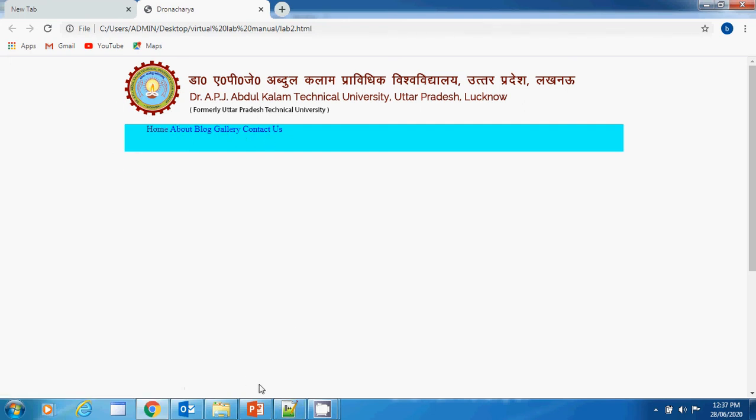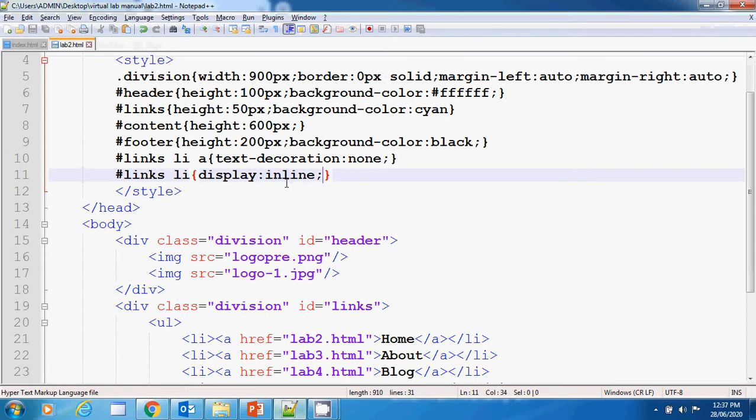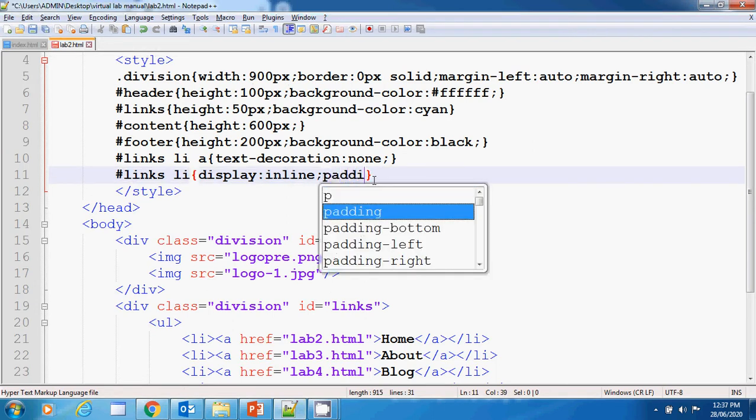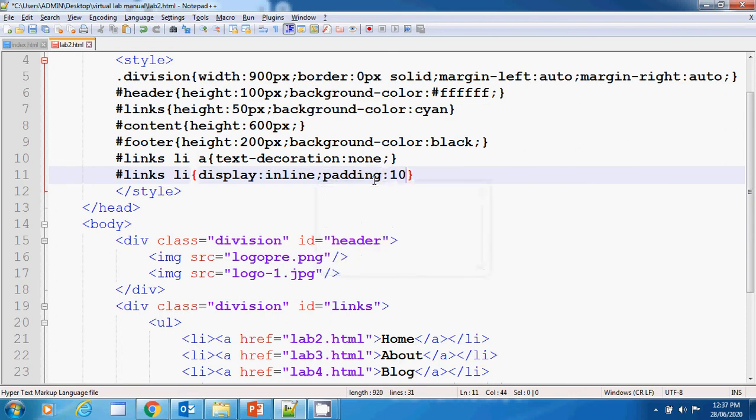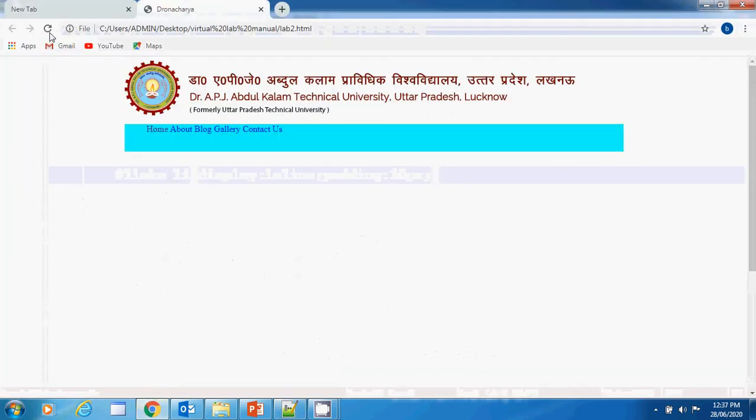For that we can use the padding property, padding colon 10 px. If I use padding colon 10 px, it will apply to all types of padding, meaning padding left, padding right, padding top and padding bottom. So from all sides it will give you a padding of 10 px.